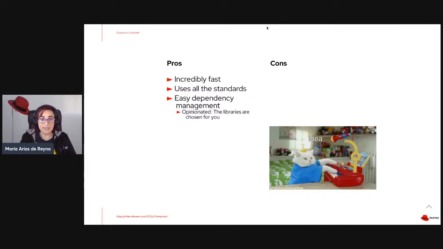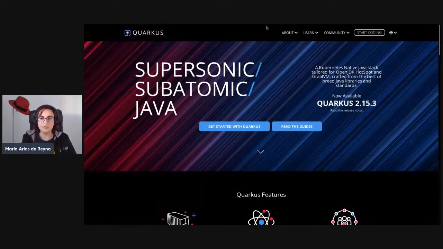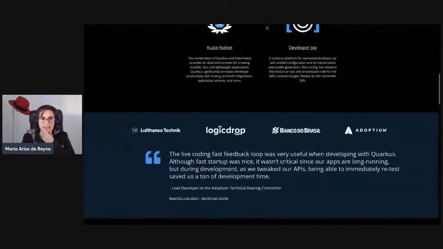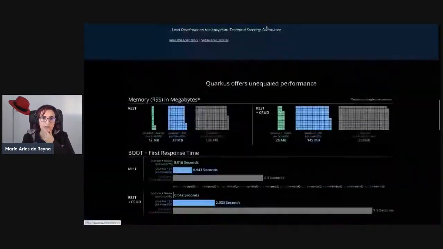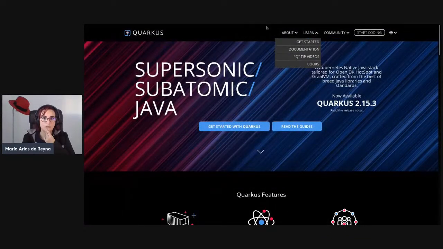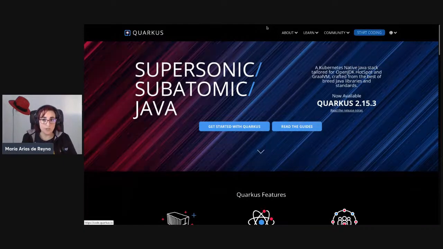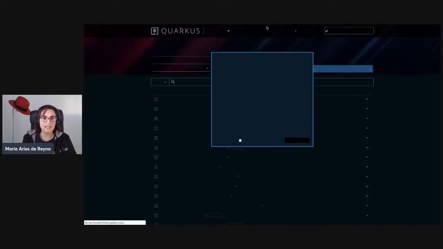Also, the dependency management is very easy. Why do I say this? Because when you move to, can I do this? Yes, this is the website of Quarkus. And as I said, it has a lot of information, a lot of documentation. This webpage is very well organized. You can click on Start Coding. And if my network responds, yes,